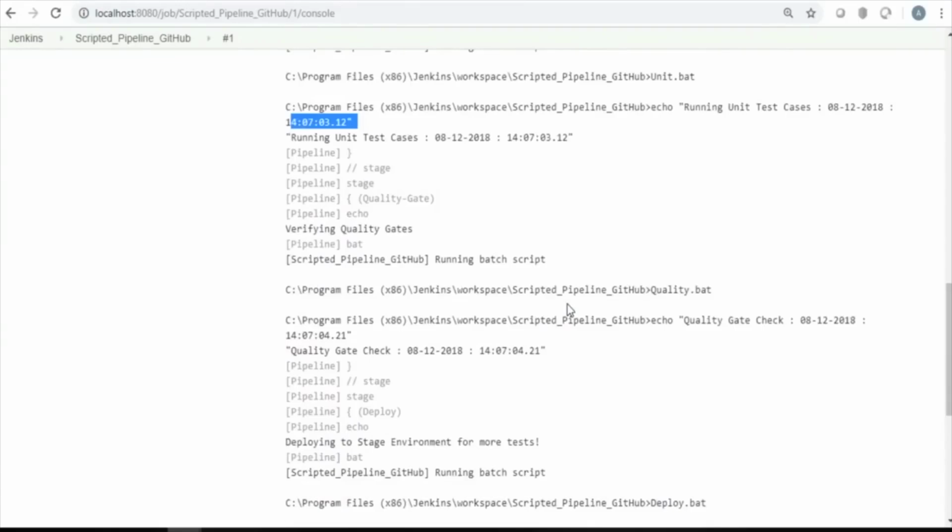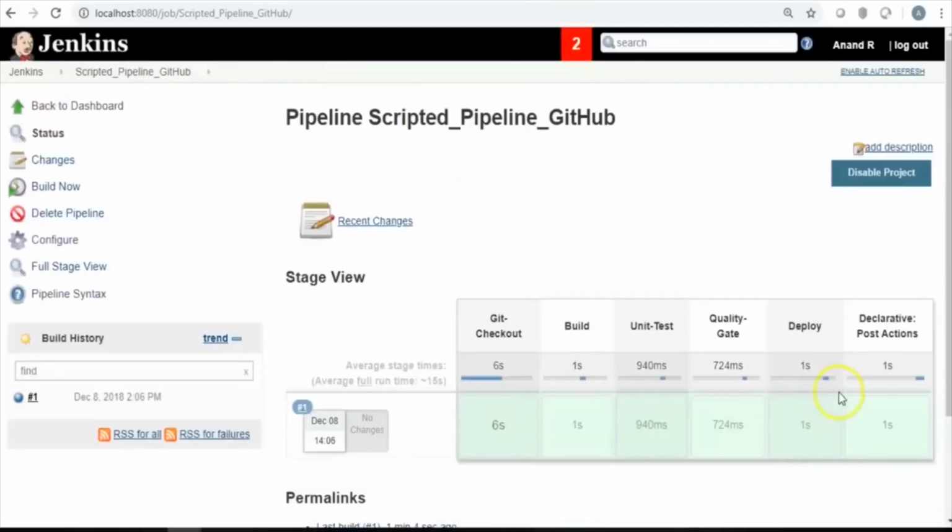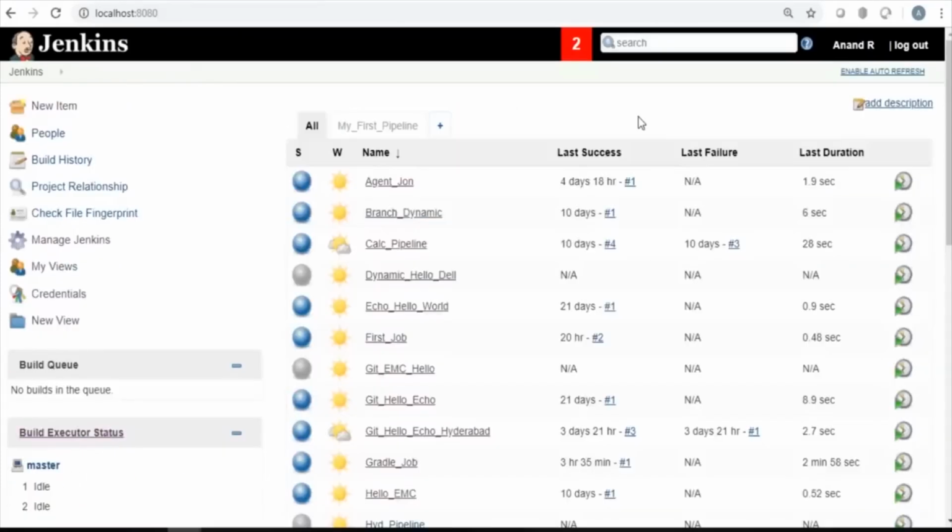Okay, so all these passed, and if I go back to the project, I will also see this beautiful view of the time that was taken for checking out the repository, running the build.bat, running the unit test cases, quality gates, and all this. Isn't that pretty simple? Now let me modify my previous job, or rather let me put up a new job